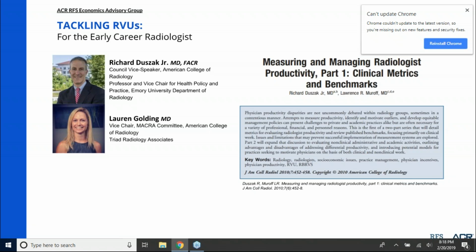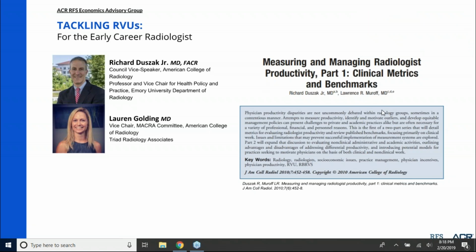And then you figure out, sort of as Lauren has said that her group does, you compare the person who's doing the abdominal CT to the person who's doing the abdominal CT. I tend to do a lot of biopsy drainage, lower end IR procedures. You don't want to compare me to our neuroradiologist or to our IRs that are doing TIPS and interventional oncology. My RVUs will never match in that scenario,